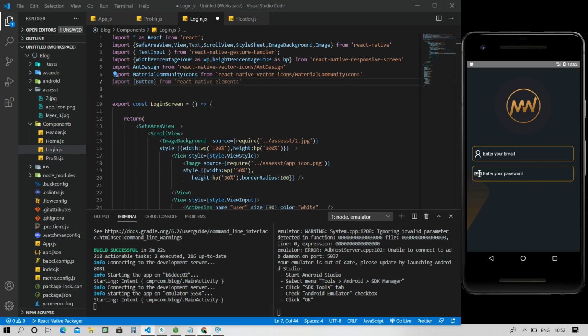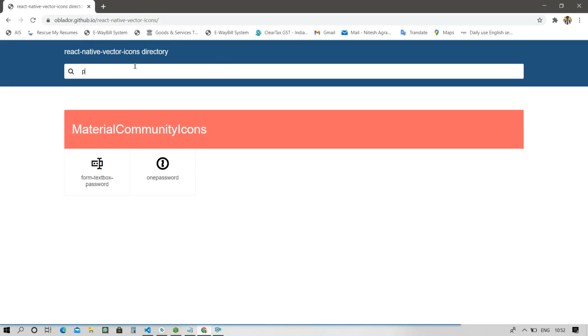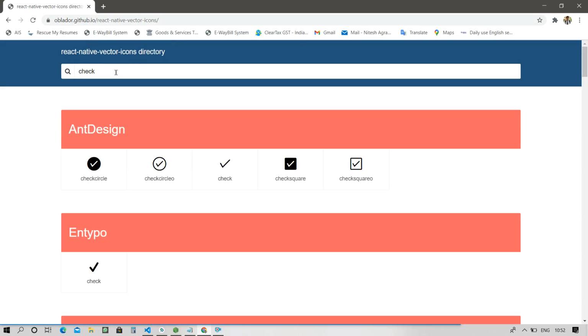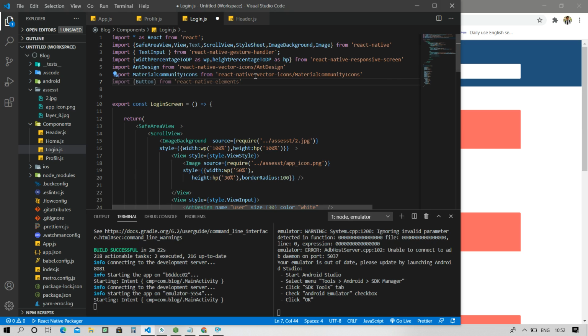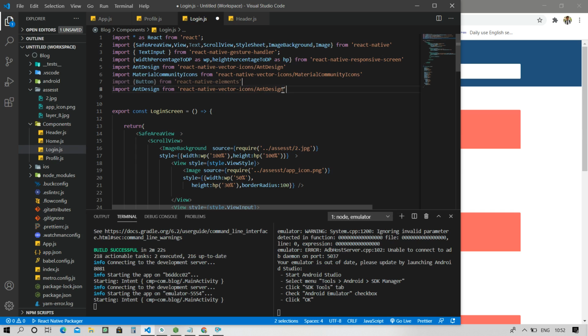And again we are going here and you have to see what we are doing. We are creating a custom checkbox by icons. So you can see that checkbox. Here a Fontisto, and Fontisto has two checkboxes. First is the tick checkbox and second is the passive checkbox, without tick. So we are importing Fontisto from vector icon. I am copying this, Control C, and pasting here, Control V, and Fontisto. I have to import a Fontisto.